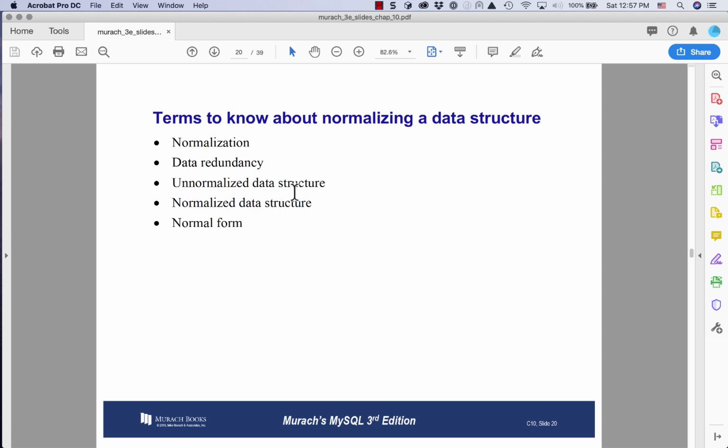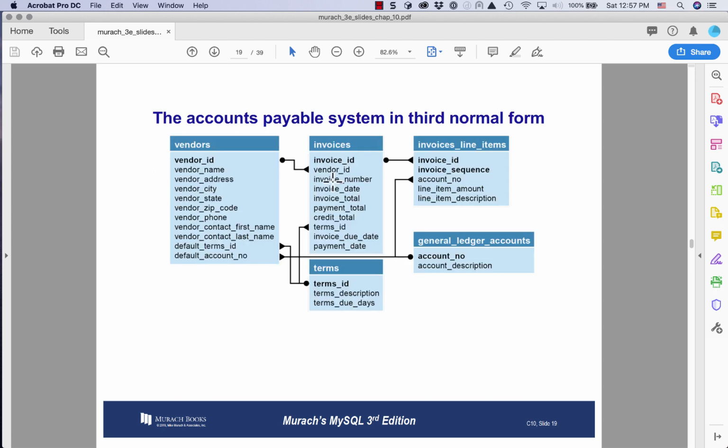An unnormalized data structure is one that breaks some of the normalization rules. What could it be? Well, it could have repeating columns. That's probably not a good idea because you don't get a lot of gain from that. It could have columns on the wrong table. Well, there's not a lot of gain from that either. But there are times that people do things like we just saw, where they decide that they're going to want